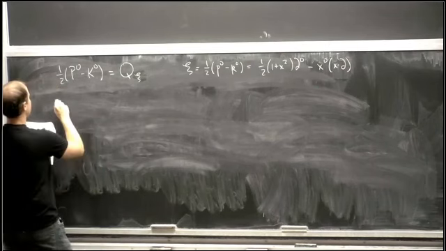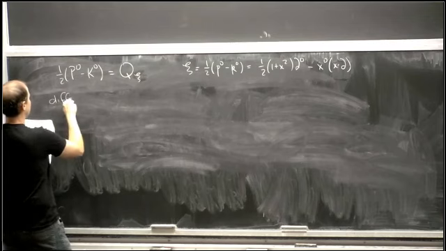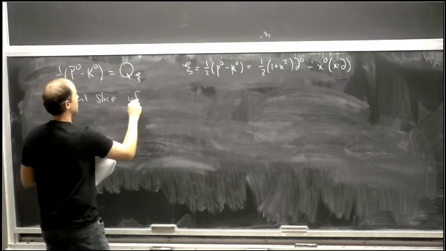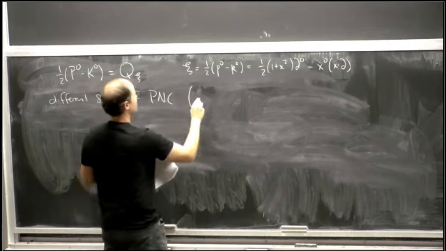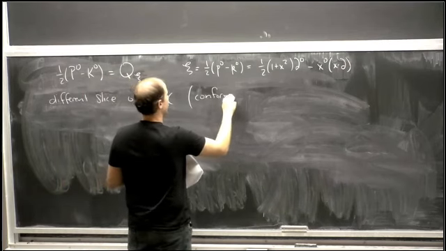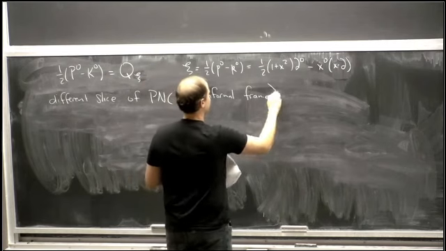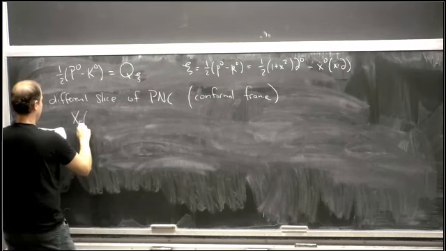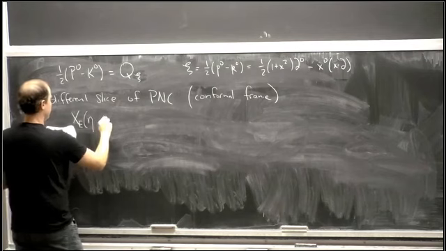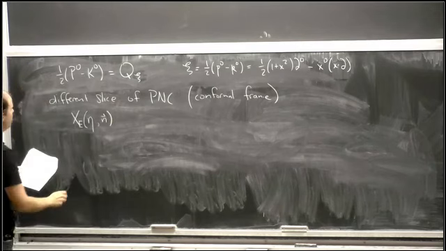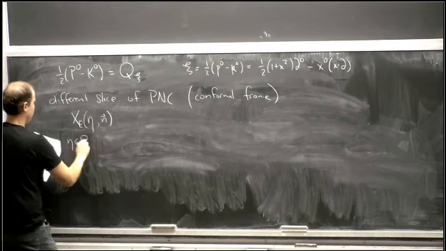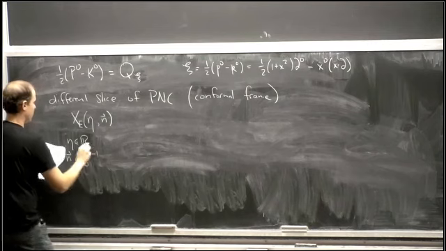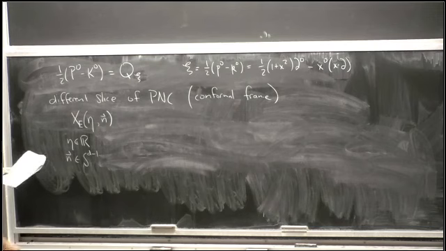So what's the slice? The idea is to choose a different slice of the projective null cone, which is equivalent to some choice of conformal frame. The slice that we'll choose is, for now, in the Euclidean embedding space. It's parameterized by eta, which is a real number, and n, which is a unit vector in d dimensions, or equivalently a point on the d-1 sphere.